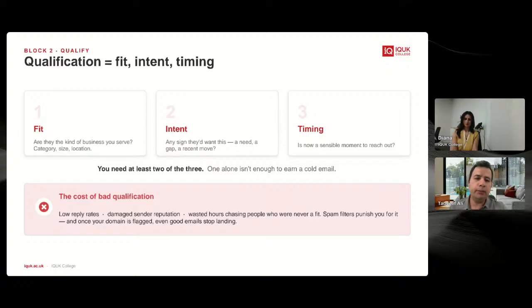If you talk about timing, you will see that there is one store which is currently expanding their product line. They want to launch more fashion accessories, and recently they are posting on Instagram and Facebook with the new fashion items and accessories. That's your trigger in terms of timing. If you can pull that signal from Instagram or Facebook, you can use that in your email as well.